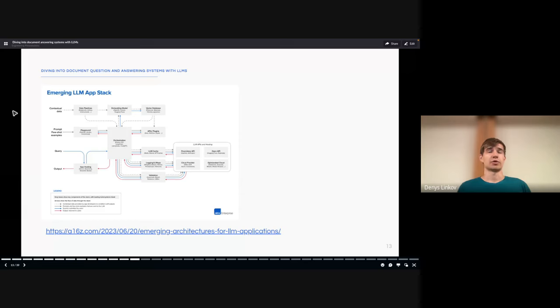So in June of this year, A16Z, I can never pronounce their proper VC name, Andreessen Horowitz, I think, released this architecture in June talking about this LLM App Stack. There are a number of different components here, but to get started, you don't need to incorporate all of it. Some of these things I'm not sure are actually needed or should be done. Like I wouldn't host a production application on Streamlit, for example, if you're running a big application.